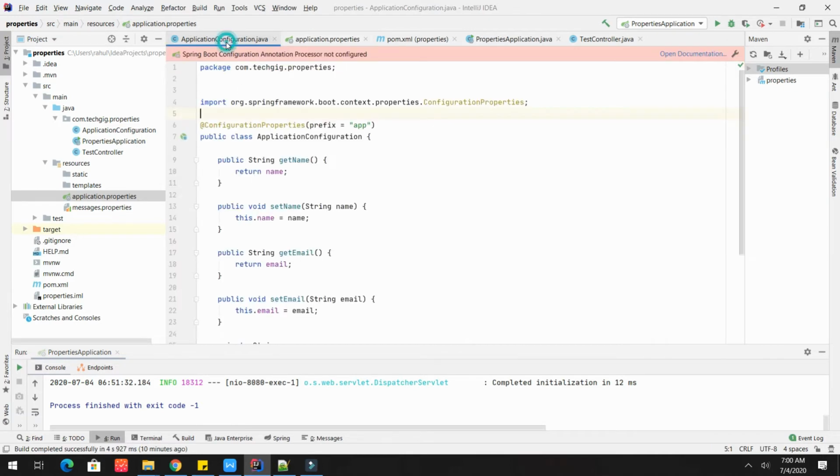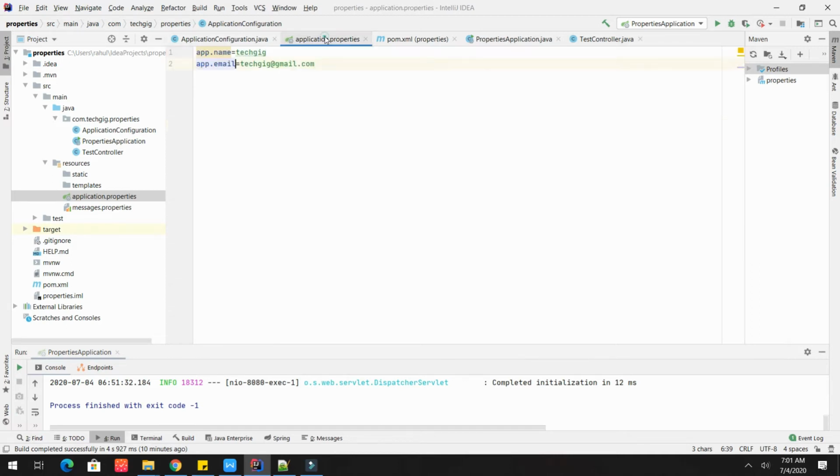If you see here, I have configured one @ConfigurationProperties. It is an annotation used for loading the configuration. There is a prefix, app dot, which I have kept over here.